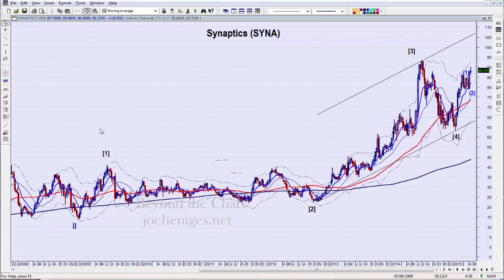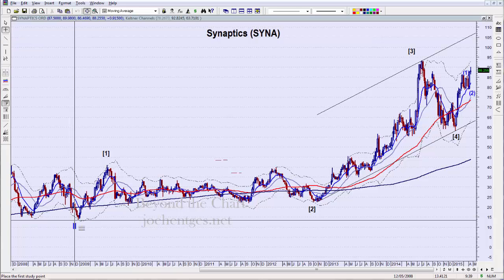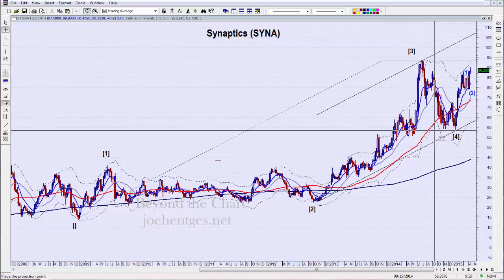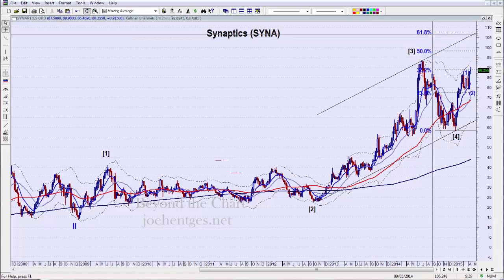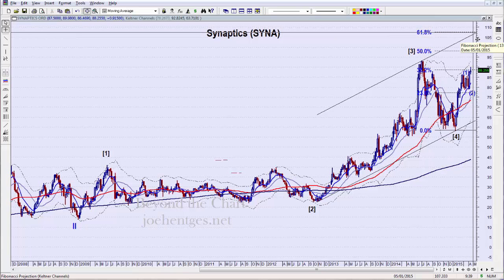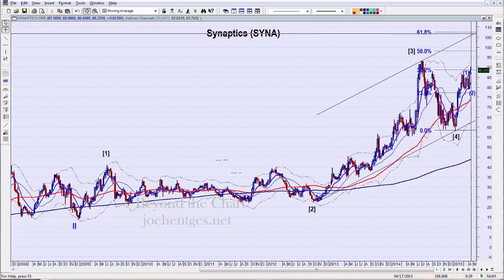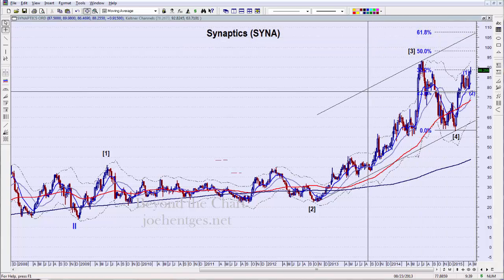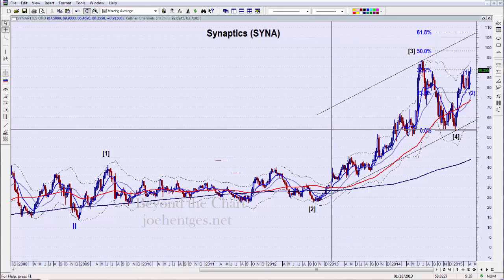Now, another way that I did it, when I looked at projections, I think I got the same thing or something very similar. Wave 3 clearly extended, so I'm going to the top of wave 3 to the bottom of 4, and 61.8% is a likely target, and it's coming in right at the top of that projected channel line. So that's starting to give me a high degree of probability that we have a chance of slightly over 105 as a target for the end of wave 5. Now, sometimes wave 5s don't make it that far,